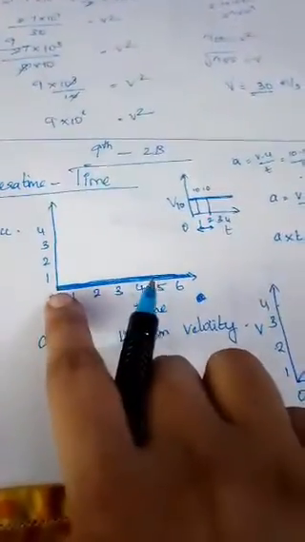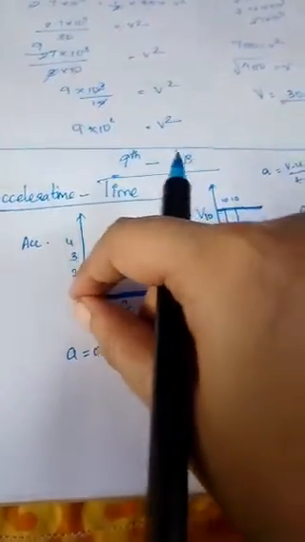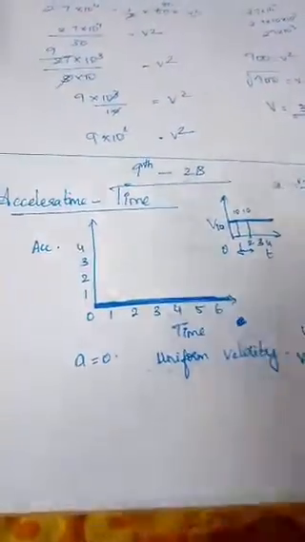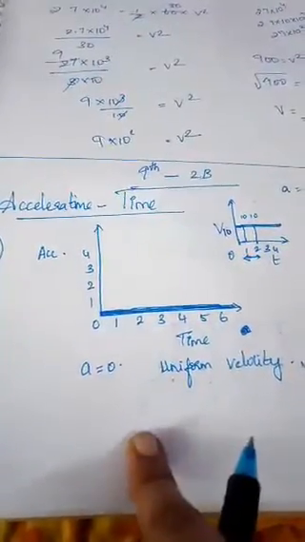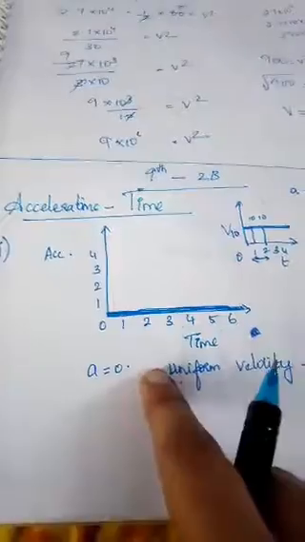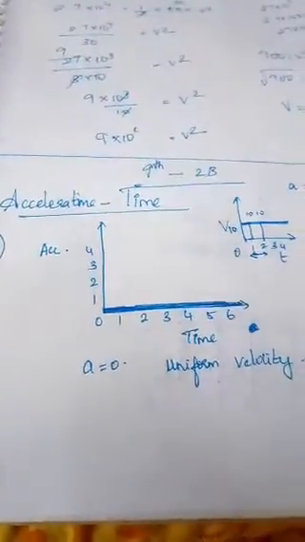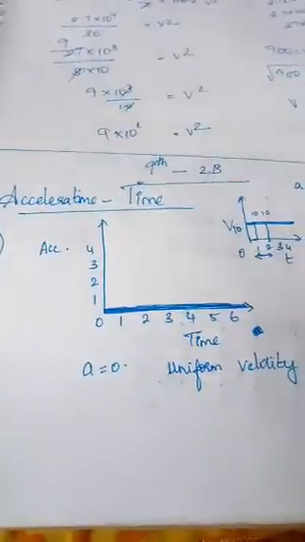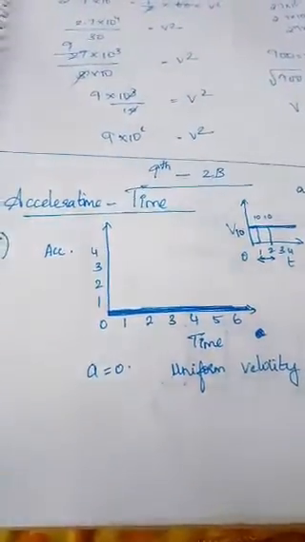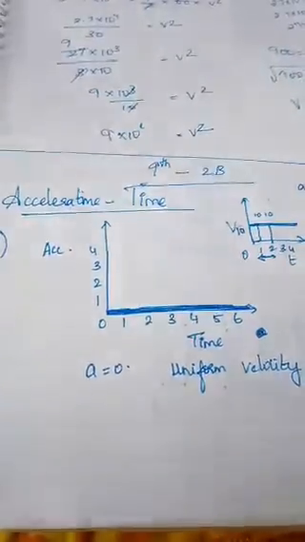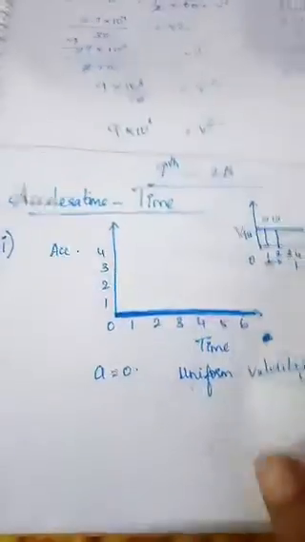So that is why I have given a broader line indicating your acceleration will just coincide along your x-axis. It will be completely 0. So in this case, your acceleration graph will be 0, coinciding along your x-axis. It is not parallel, it will coincide with your x-axis. In your previous velocity time graphs we saw it will be parallel, yes or no, but here it is coinciding. It will be just on line with your x-axis. So this is a case of uniform velocity.